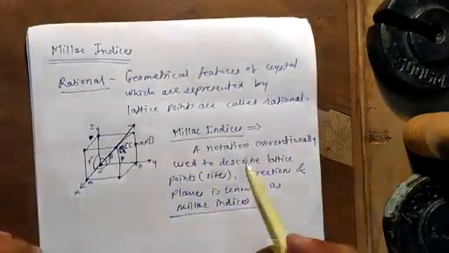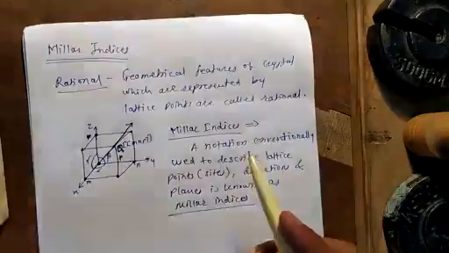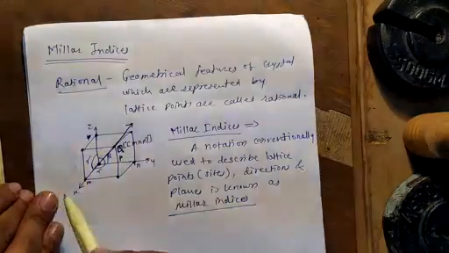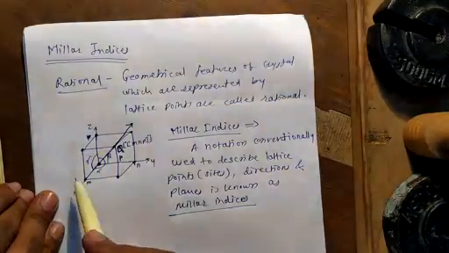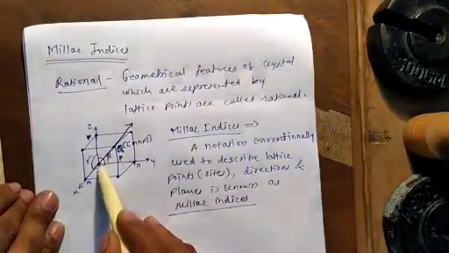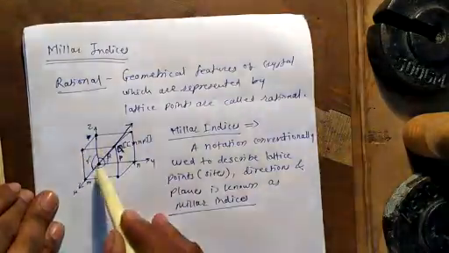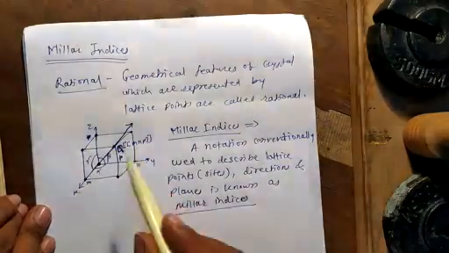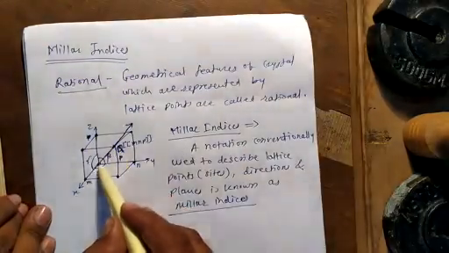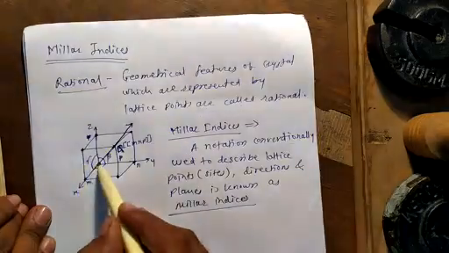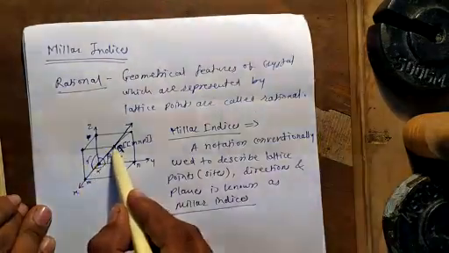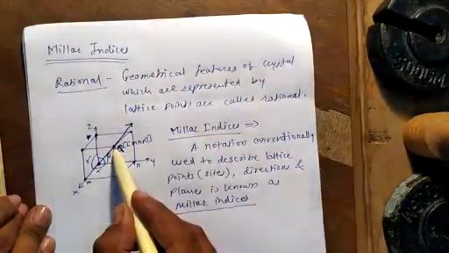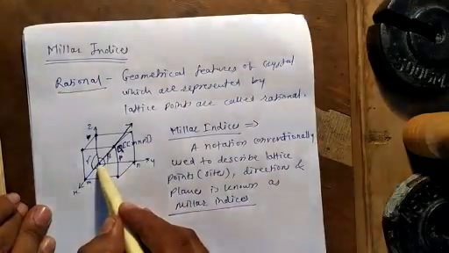These lattice sites or lattice points with respect to another lattice site is a rational point. That is, if you consider this is the cubic crystal, and at every corner this is the lattice point, and suppose this is the reference lattice point. With respect to this lattice point, this is the lattice site and this is the rational point. That is why this is called a rational point with respect to this lattice site.